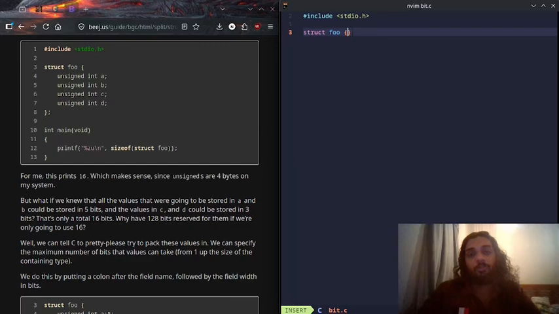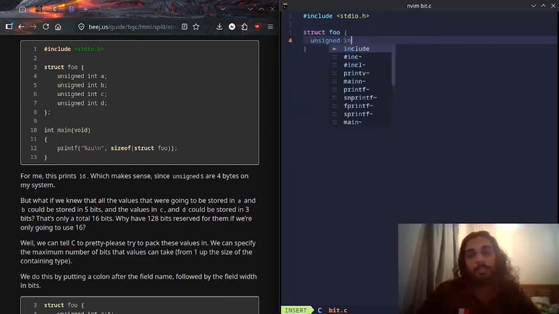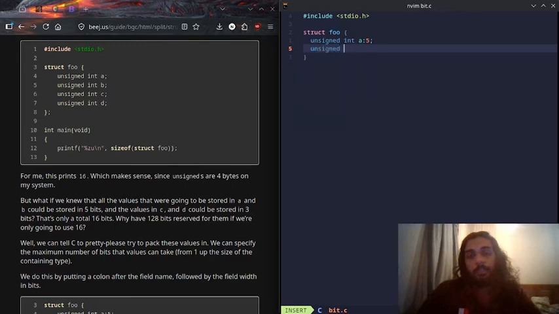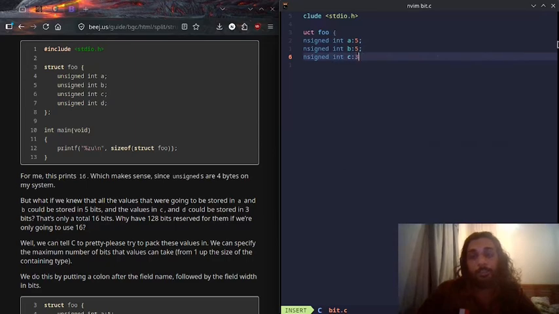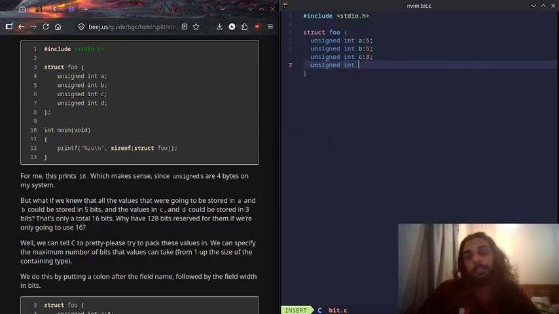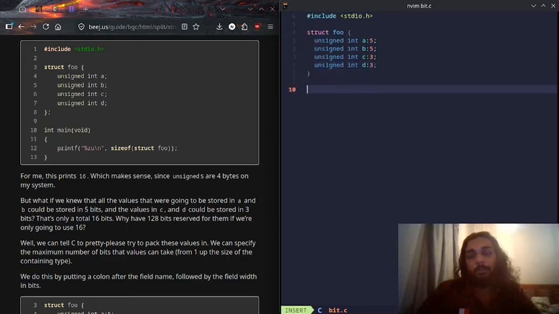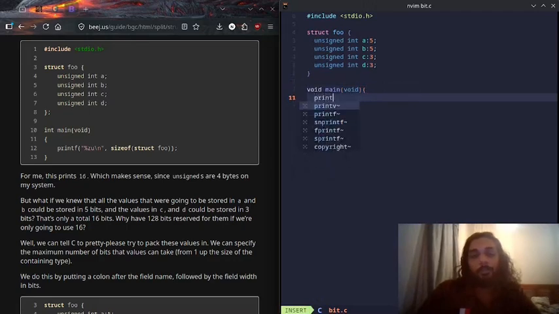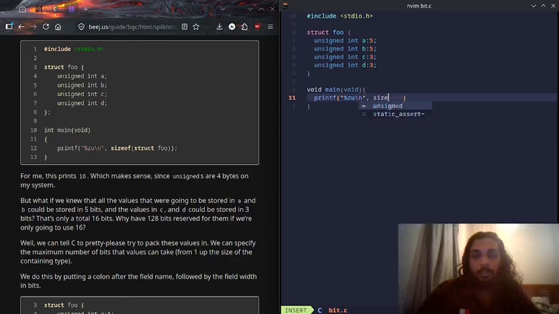struct for, unsigned integer A and it's 5 bits. Unsigned integer A, not A, B, it's 5 bits. An unsigned integer C and it's 3 bits. An unsigned integer D and it's 3 bits. Right? Now void main, void. printf "%u\n", sizeof